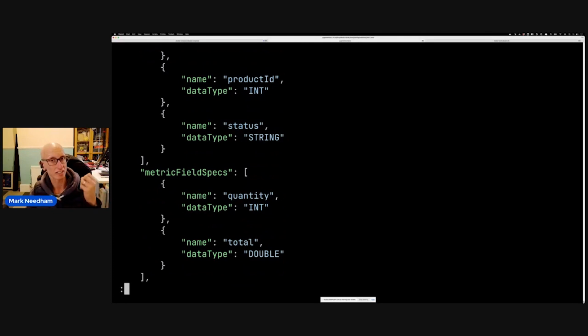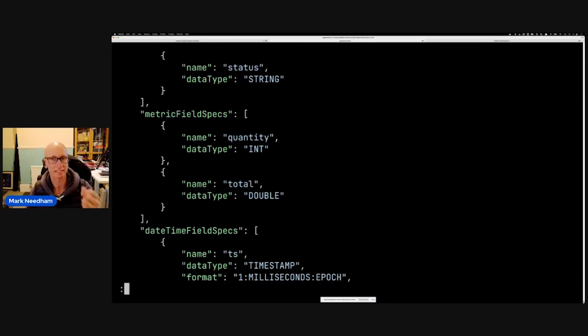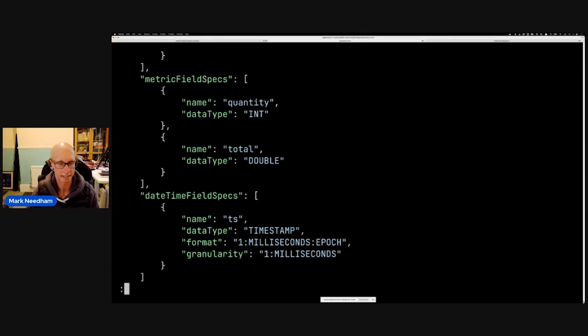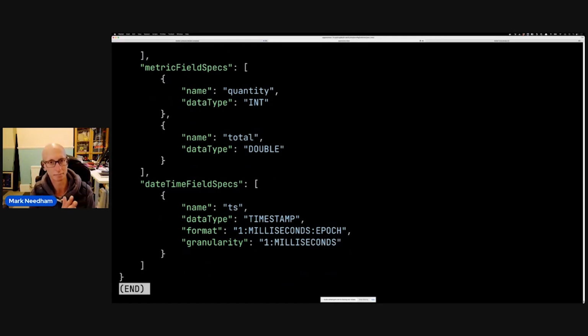So that's dimensions. We've then got metrics fields. Metric fields are the ones that we are summing on, like we are doing the aggregations on these. And they are quantity and total in this case. And then finally, we've got date time. So for real-time tables, i.e. ones where your source is a stream, you should have a timestamp. It is possible in Pinot to do what we call a hybrid table, where you kind of join